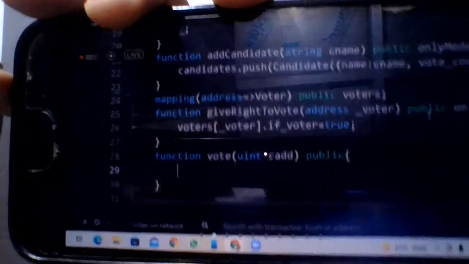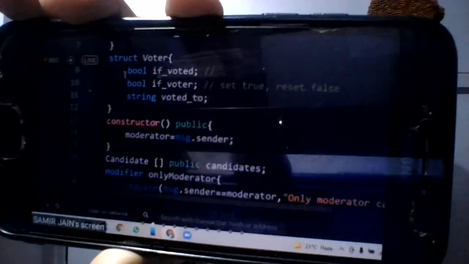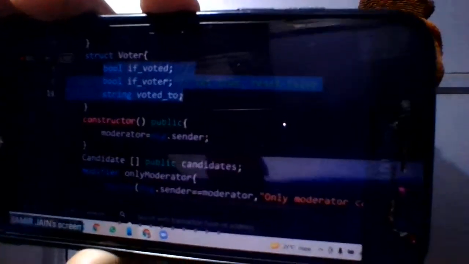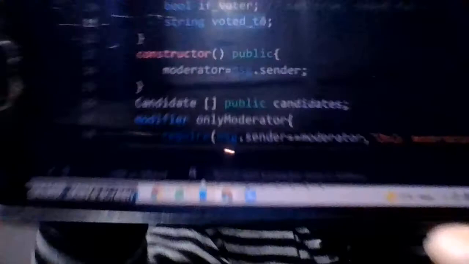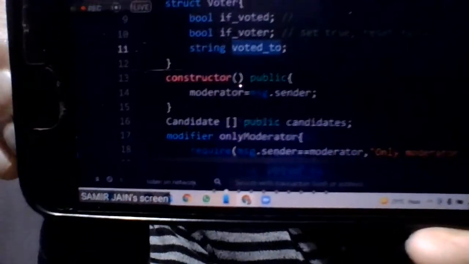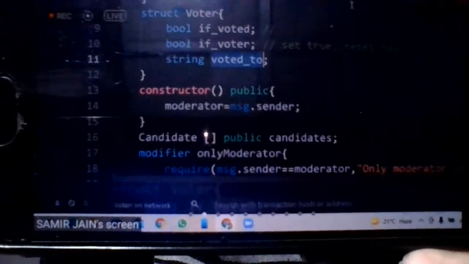Now we have to change the values of both the persons. Suppose a voter is voting to somebody, so the information of the voter will be changed. Like if I have voted, then if voted will be true, then voted to will be updated, and the candidate I have voted for, this candidate's vote count should be increased.